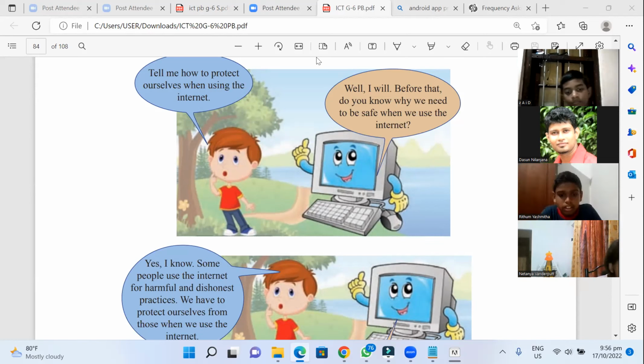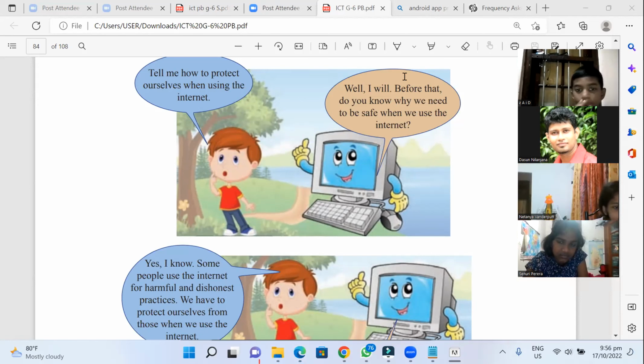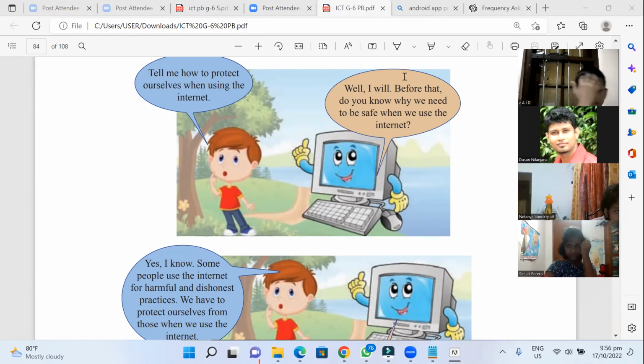No, sir. We don't have. Its permissions are not given. The reason is you are physically and mentally not mature enough to drive on the road. Think that an accident happens. Then how can you take the responsibility? Are you going to go to jail? It's not possible, right? Therefore, kids are not allowed to drive vehicles.